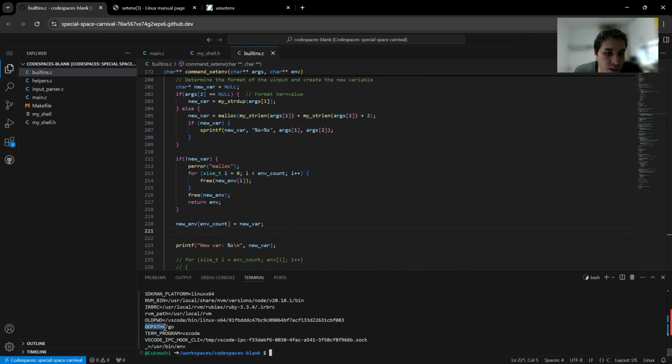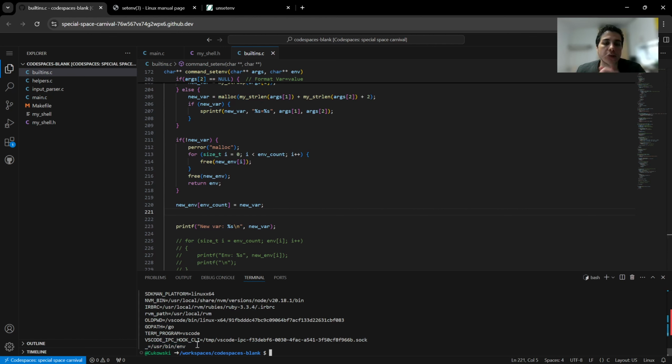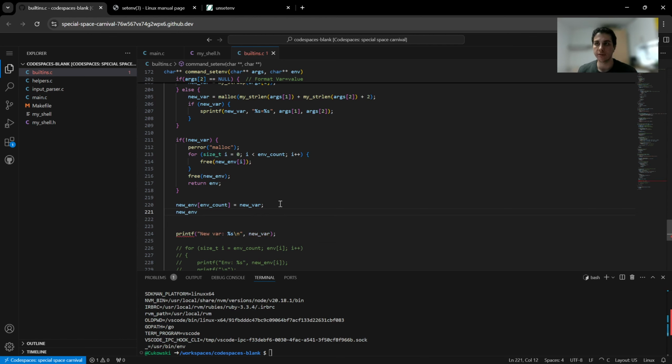It says go path equals go, or like underscore equals user bin env in our case, and at the end of these environment variables we will add our new environment variable. This is the last index, and then of course for null termination we will say new env, env count plus 1 will be our new termination,